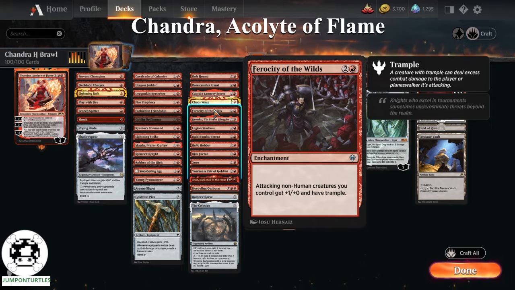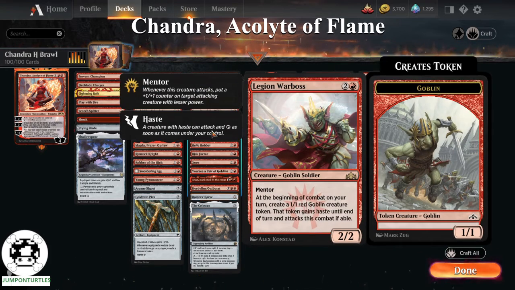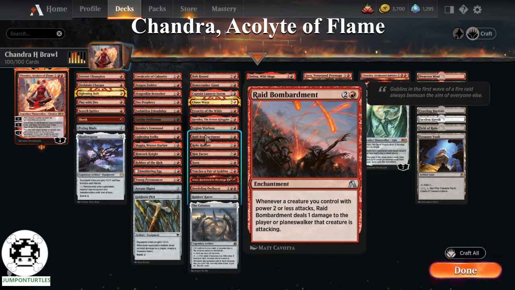Ferocity of the Wilds, attacking non-human creatures you control get +1/+0 and have trample. Most of the creatures are humans, but all the tokens aren't. Krenko, Tin Street Kingpin, another card to make tokens. Same with Legion Warboss. Raid Bombardment, when a creature...